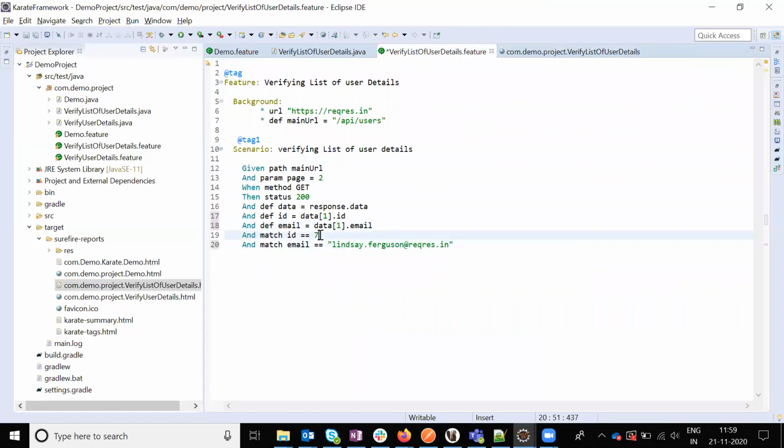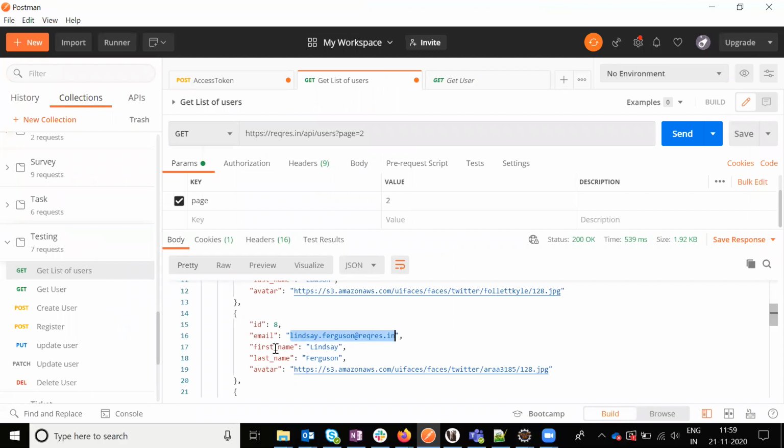But if I want to verify a complete list of values, then you need database queries to return that, and you need to connect with the DB, and the same value you have to verify in the Java class. Then it will verify the complete list of values.